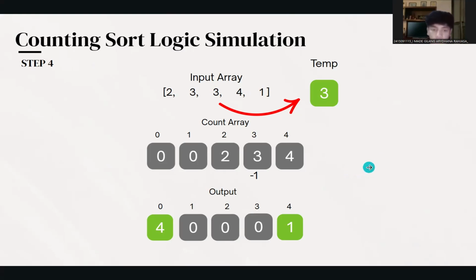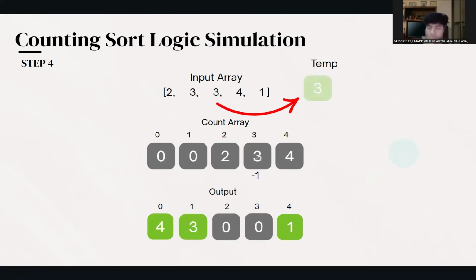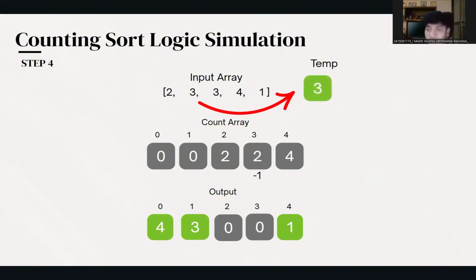So the 3 will be put in the output at index number 1. And next is number 3. Same as before. First, we put number 3 in a temporary variable, and the temporary variable will search in the count array the value of index number 3 and minus 1 the value. After that, the length of the array minus 1 will be minus by the value of the count array index number 3. So there will be 4 minus 2, and there will be 2. And number 3 will be in the index number 2 in output.